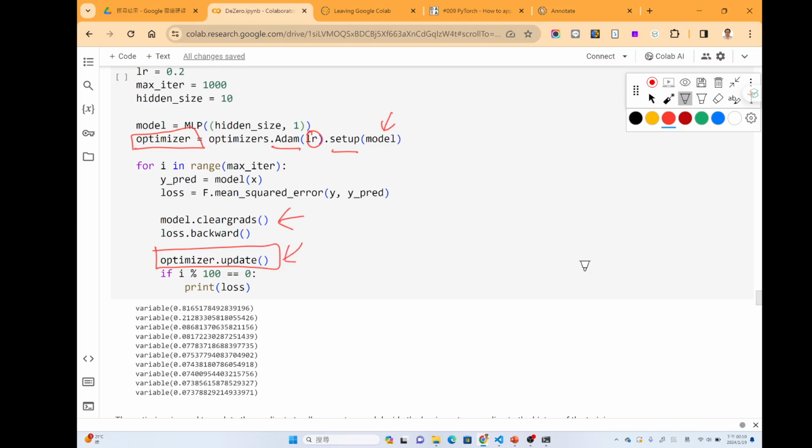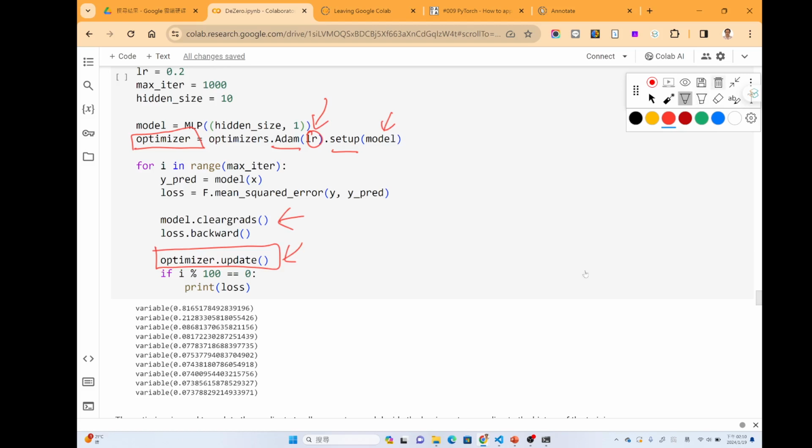Different frameworks might initialize the optimizer differently, but it always needs two kinds of parameters. The first is some learning rate adjustment parameter, such as the learning rate here, or maybe momentum or some other rates. The other is the model or the parameters, so that we know what parameters we need to update by using the gradient.